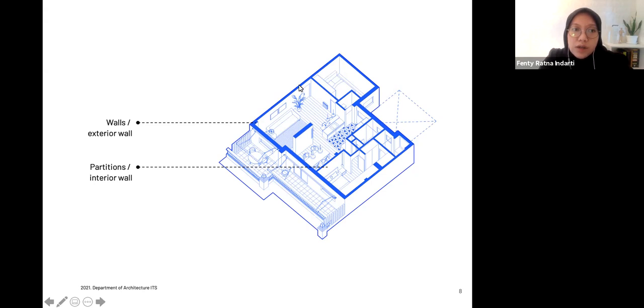There are exterior walls and also interior walls. In many countries, the exterior walls help to provide protection against the harsh environment. It's quite different in Indonesia. We use walls not just for protection, because sometimes if we remove the wall, it's fine, because we don't have a very harsh environment. Even though our country is really, really hot, you are protecting yourself